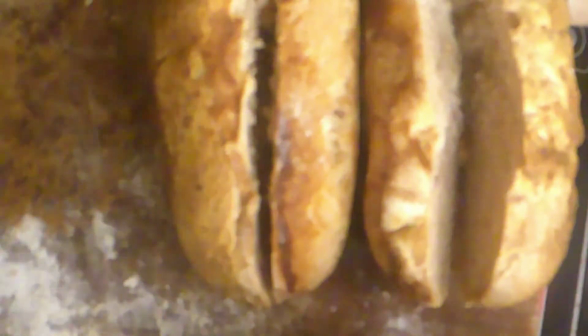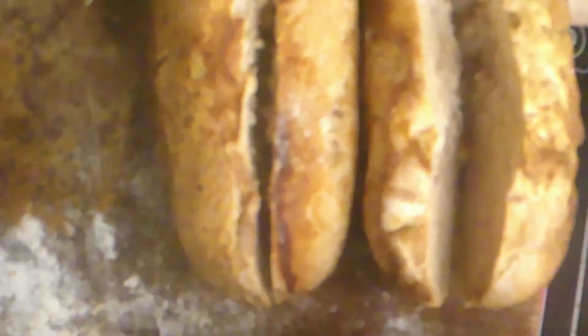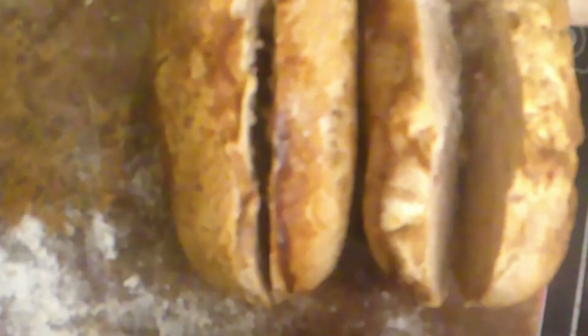And do 2 more. And what I'll do is I'll show you the final assembly momentarily. Okay, so now we're going to make our flavoring component for our hot dog. And so what I'm going to do is I'm going to add